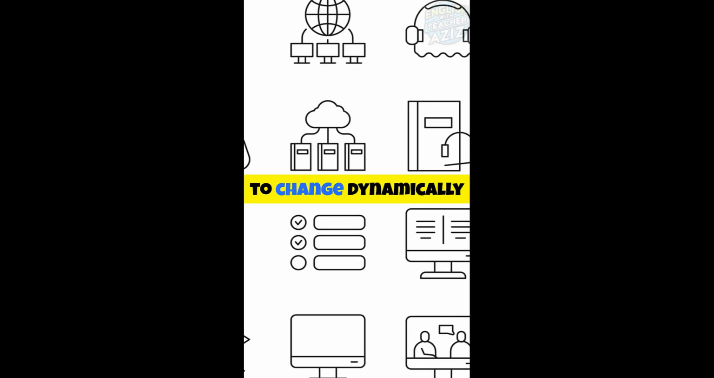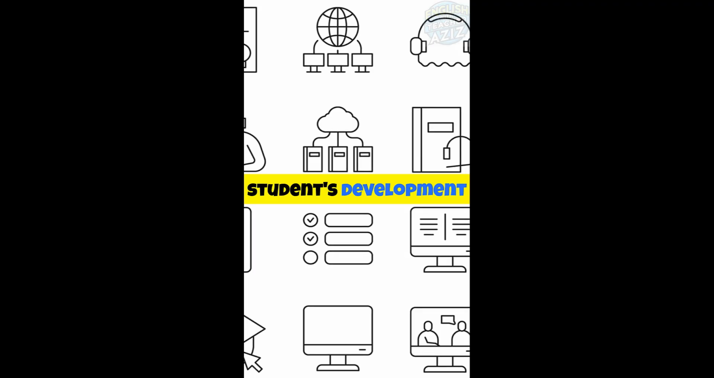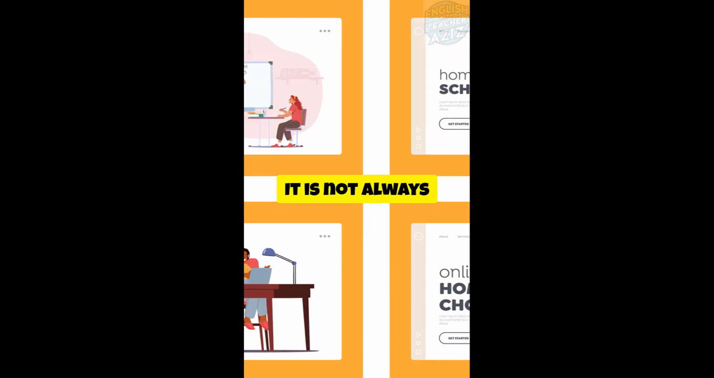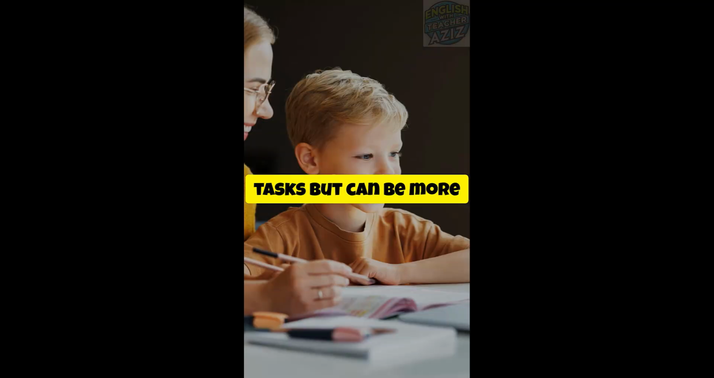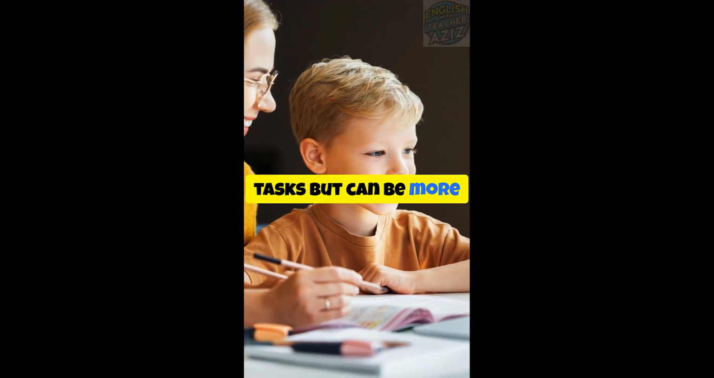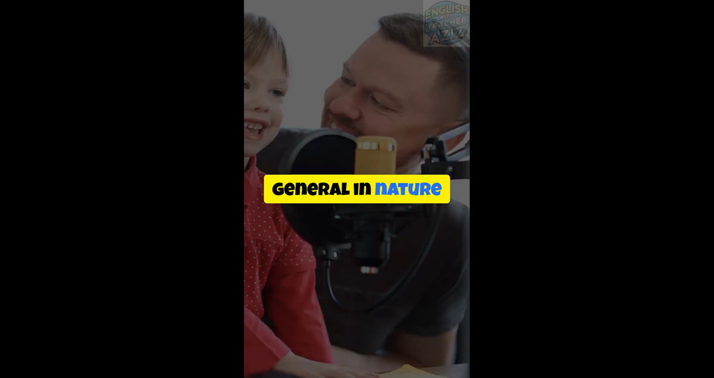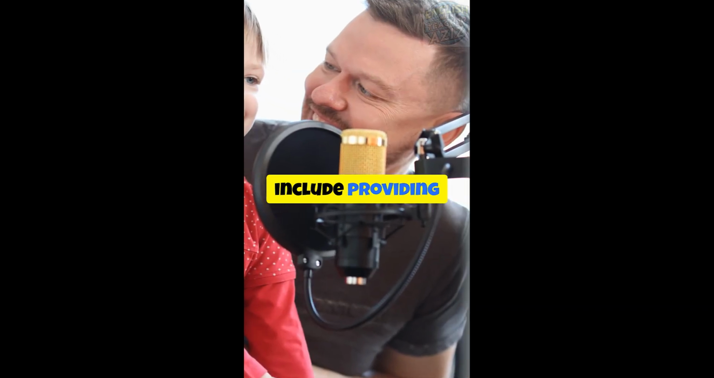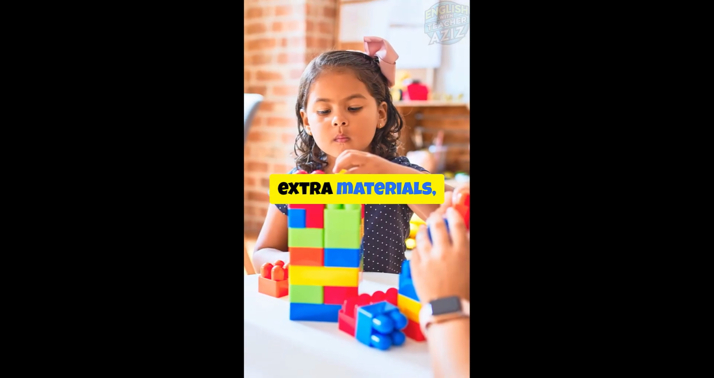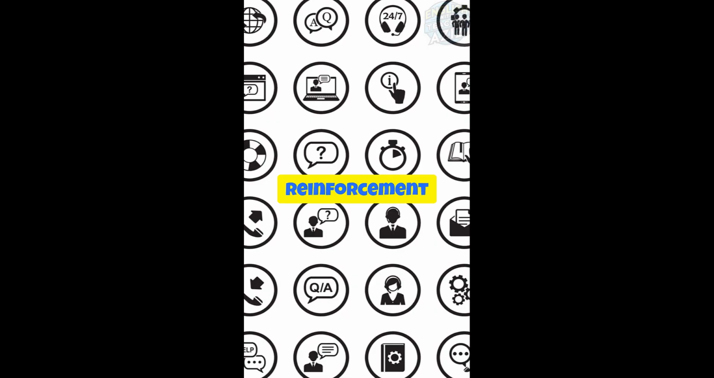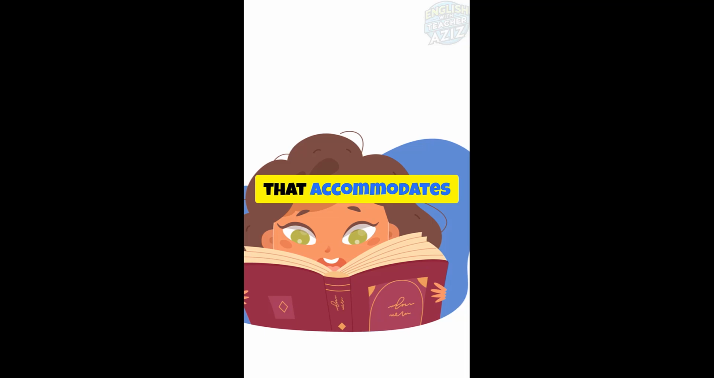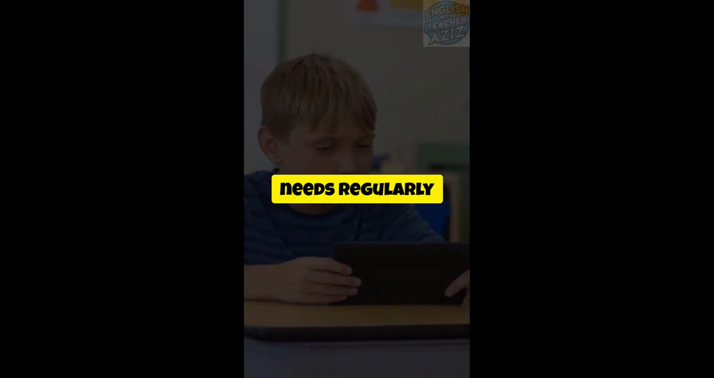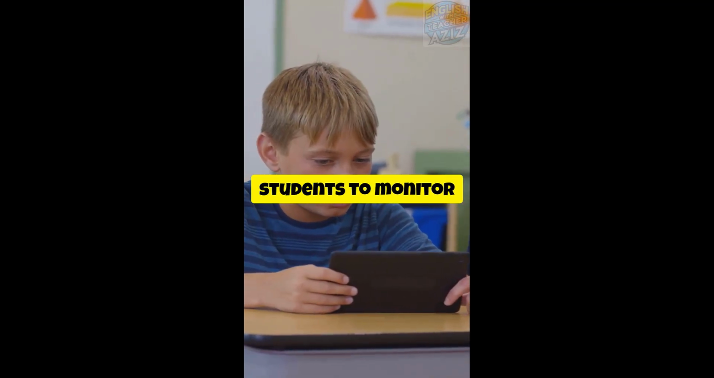Support does not need to change dynamically based on the student's development. It's not always tailored to specific tasks, but can be more general in nature. Examples of support include providing access to resources such as tutoring, extra materials, or learning tools, offering emotional encouragement and positive reinforcement, creating an inclusive classroom environment that accommodates diverse learning needs, regularly checking in with students to monitor their